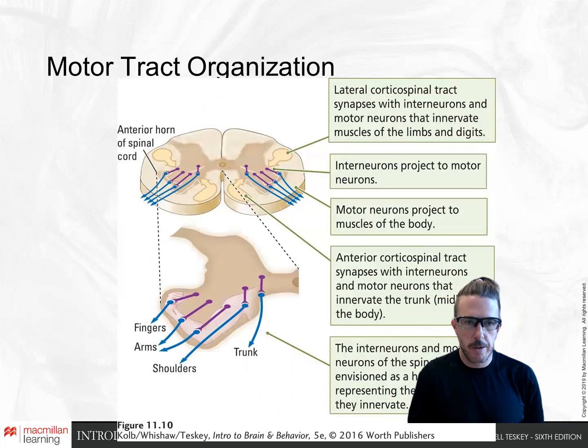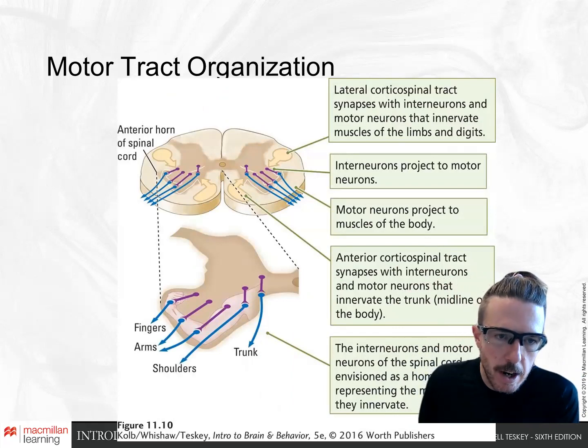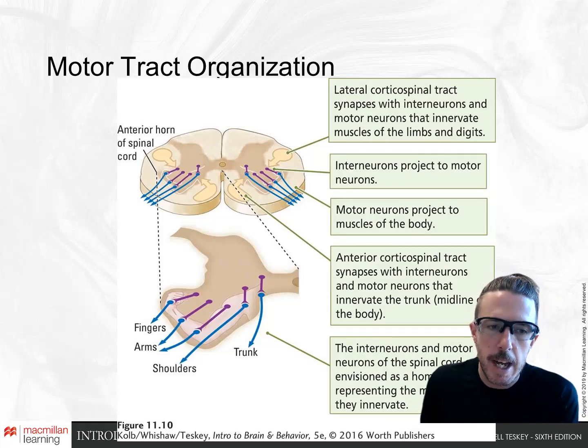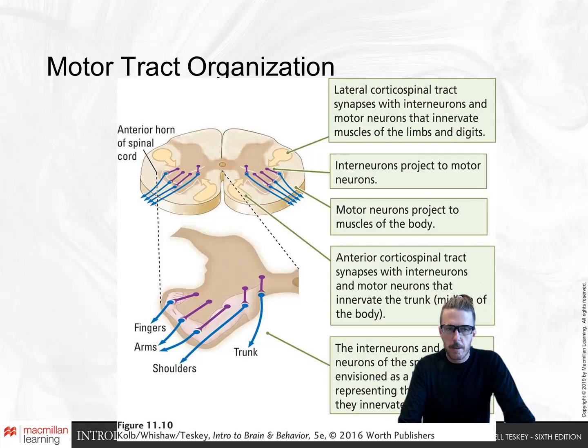So here's a nice diagram showing the lateral corticospinal tract coming down from the contralateral hemisphere. It's already crossed over, and now the axons are synapsing on both these interneurons and motor neurons in the anterior horn of the spinal cord. You can see a small picture of the arm here with the hand, forearm, bicep, and shoulder, indicating that there's some anatomical topographic organization here, and that as we move down this horn, we go from the shoulder to the elbow to the wrist to the fingers. So different parts of the spinal cord send information to different parts of the body